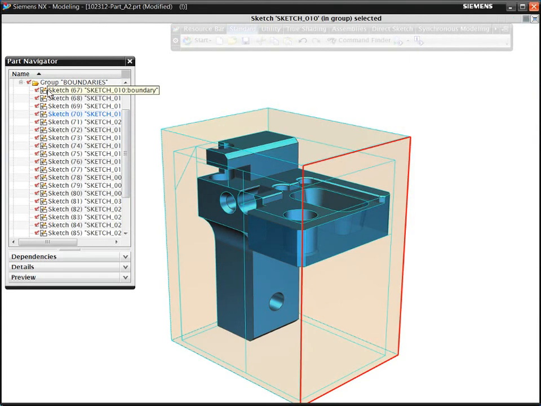To program prismatic parts using conventional methods, you typically need to create multiple containment boundaries. These boundaries are necessary to specify the machining volumes. For example, to program this part, you would need to define dozens of containment boundaries.